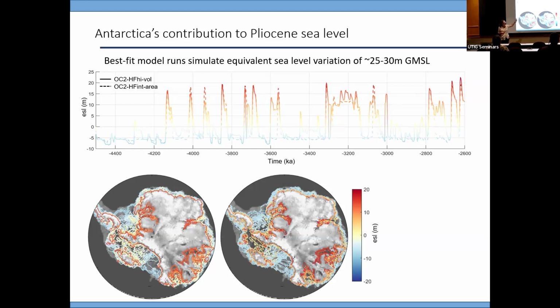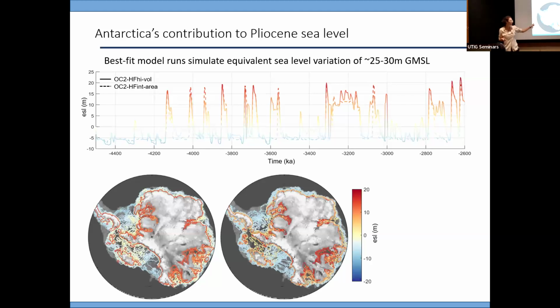This is independently consistent with the high end of the geologic Pliocene sea level. So we have far field Pliocene sea level reconstructions, which are controversial and a hard field to figure out, right? So this is an independent way of getting at the question of what the Pliocene sea level was. And this is consistent with the high end estimates of the far field sea level reconstructions.